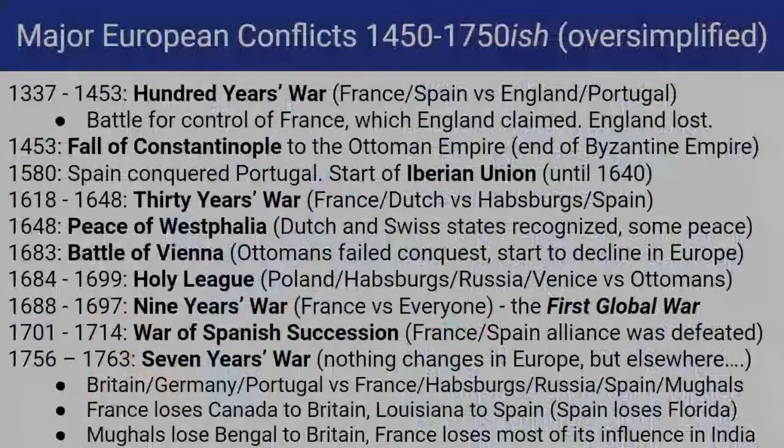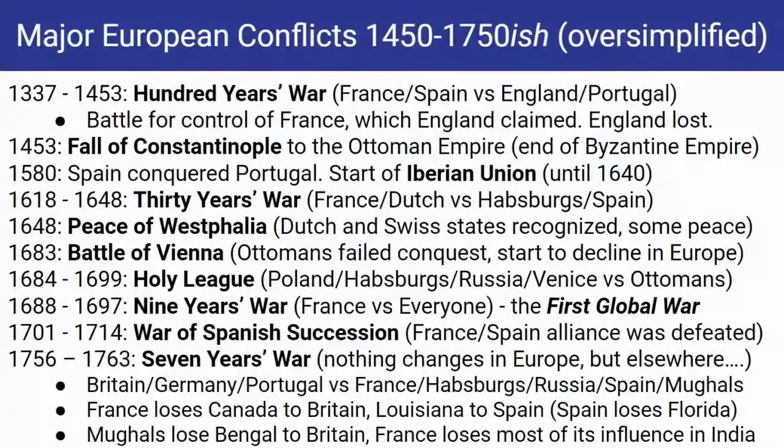So this is all completely new stuff now. I thought it probably merited just going down a chronology of major conflicts. And when I say major conflicts, I'm really only hitting the highlights. I would encourage you to just Google France list of wars, or Spain list of wars, or England list of wars, and pull up the Wikipedia page, and you'll just scroll down and be amazed at how much conflict